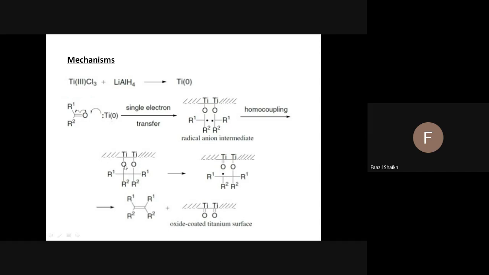This electron will form a bond with the second electron of titanium, forming a double bond. Fine. Again a radical is generated. Similarly, this oxygen-carbon bond also undergoes homolysis. This electron at oxygen and the other electron of titanium will form a double bond. There is a radical which forms a double bond with this. So ultimately what will happen? Alkene is the product and titanium monoxide. It is called an oxide-coated titanium surface. This is the surface of titanium. Very simple mechanism. You can see here.